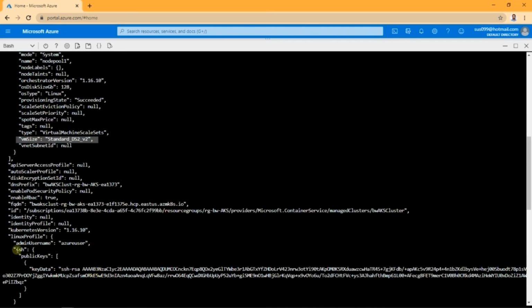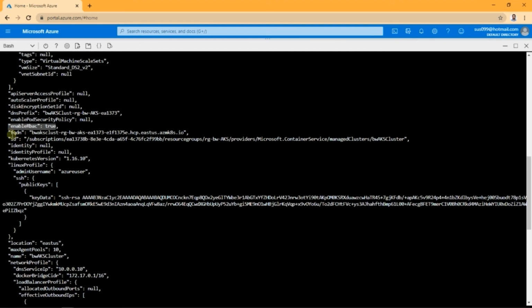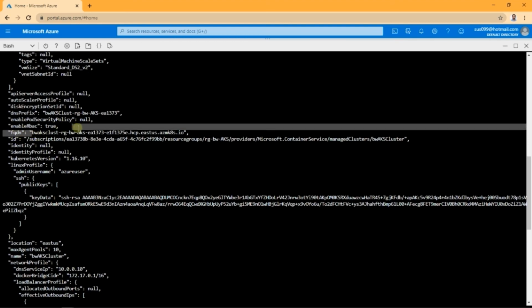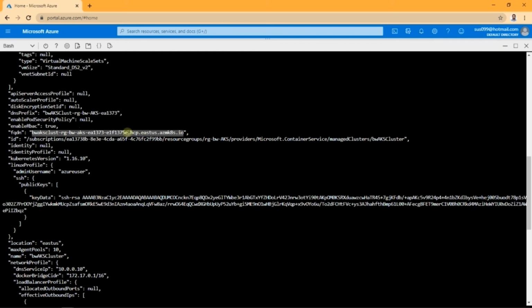Apart from that, you can see that when we deploy our AKS cluster, RBAC is enabled by default. Then the FQDN of our cluster is this, eastus.azmk8s.io.